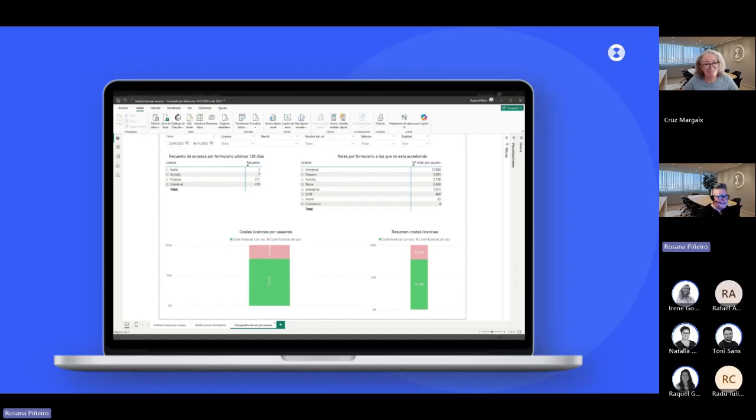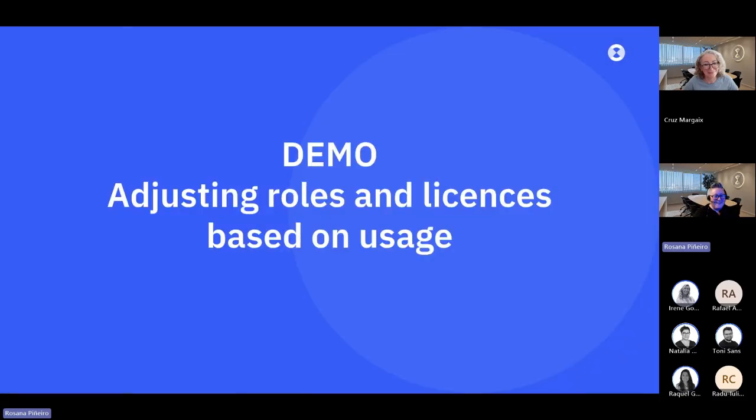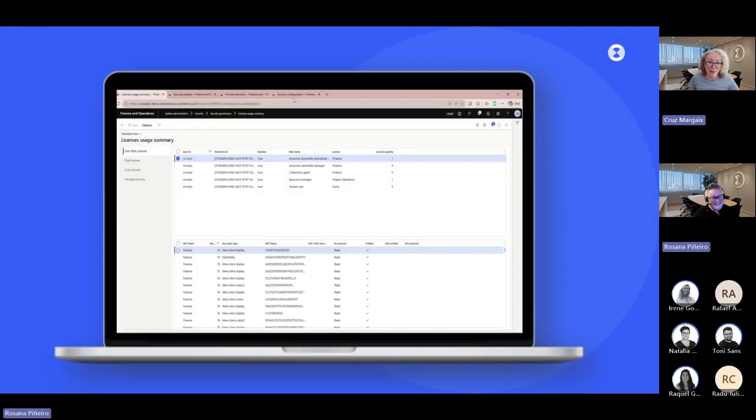Thanks to this kind of tool, we can complete the licensing cycle much more accurately. Okay then. Well, I'll leave you with Cruz with the demo about adjusting roles and licensing based on the usage. Okay, thank you. So we know how to understand usage, and now what do we do with this.